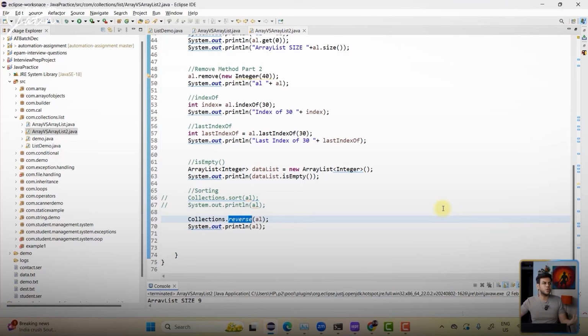We will also see how to work with a normal for loop and traverse over an array list. I'm pretty sure you are aware of that stuff, but just giving you a heads up on what all things are going to come in the next class. Please make sure you practice all these methods first. Do it one more time and only then move on to the next class where we will be discussing the iterators. We will be spending a decent amount of time understanding each collection class. So please make sure you practice this, then you move to the iterator.